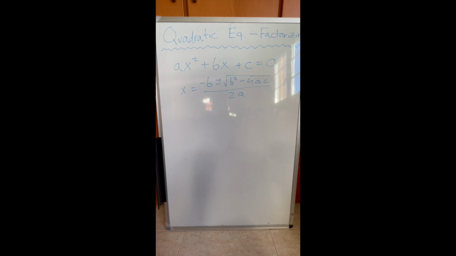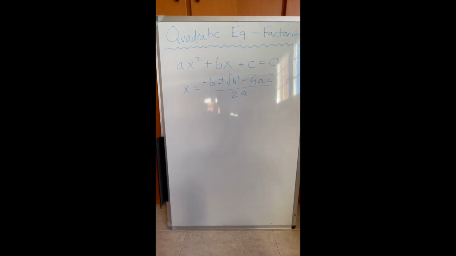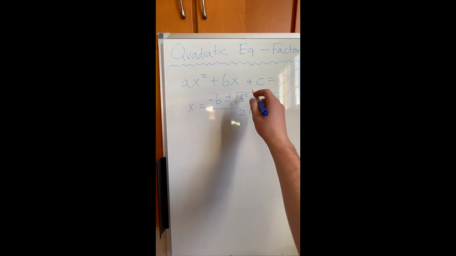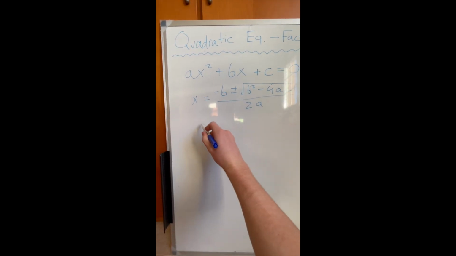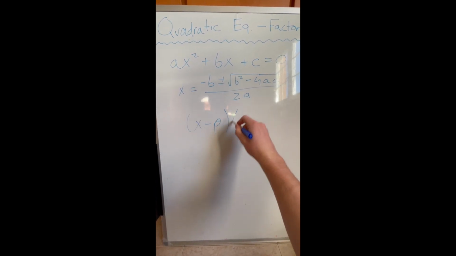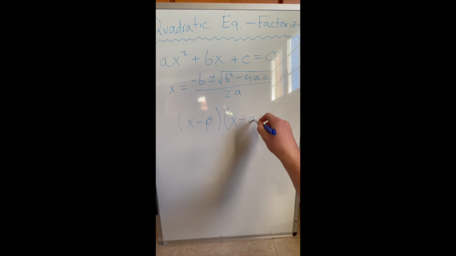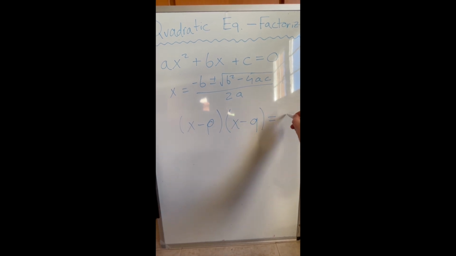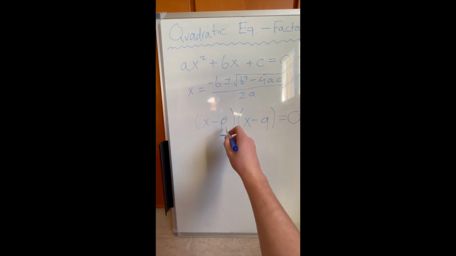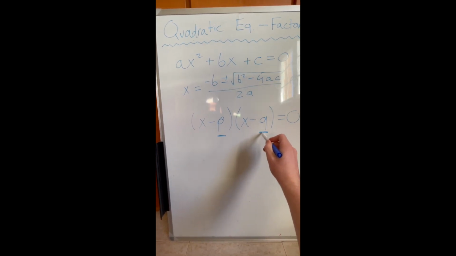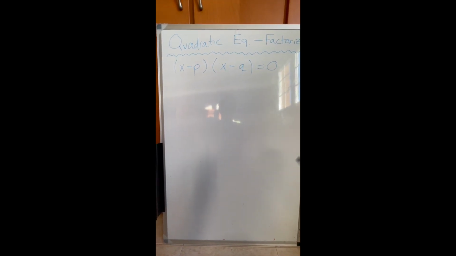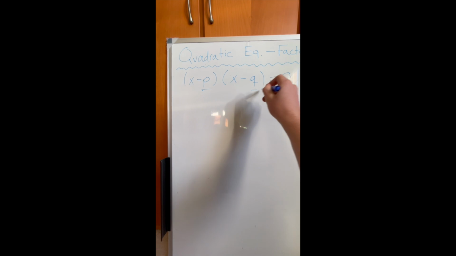However, since this method can sometimes be very time-consuming, you can apply factorizing, which means getting a general format formula like this one and transforming it to x minus p times x minus q is equal to 0. This will be one of your x values. This is a number, a parameter, and this will be another of your x values. The goal of this method is very simple, and it is to find the p and q values that satisfy